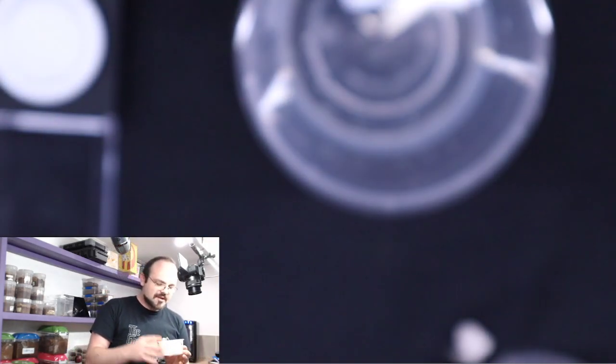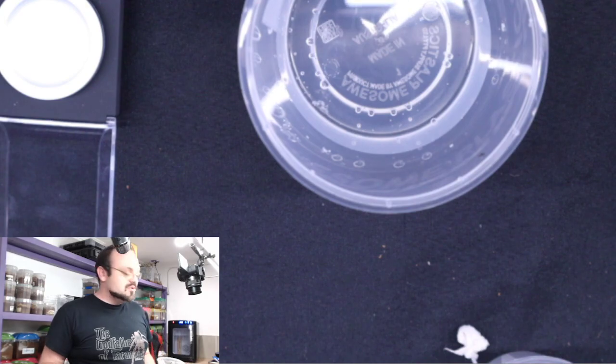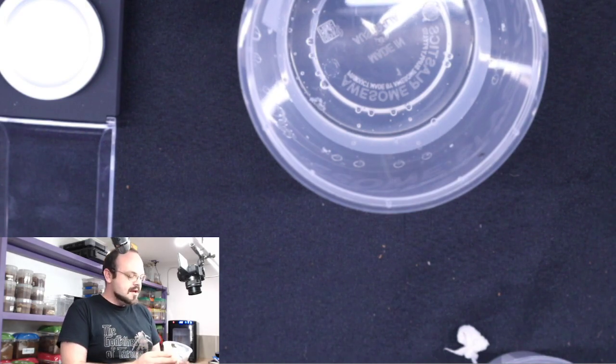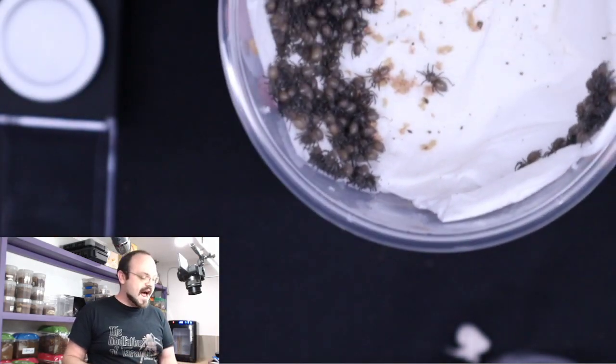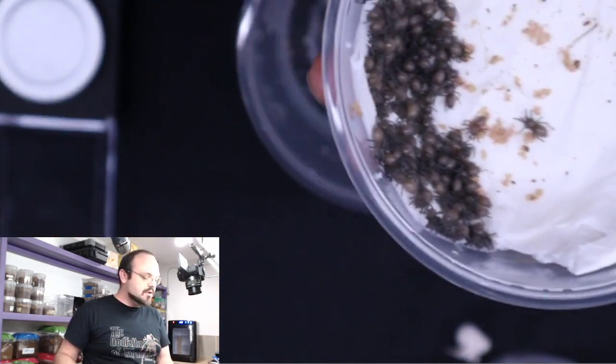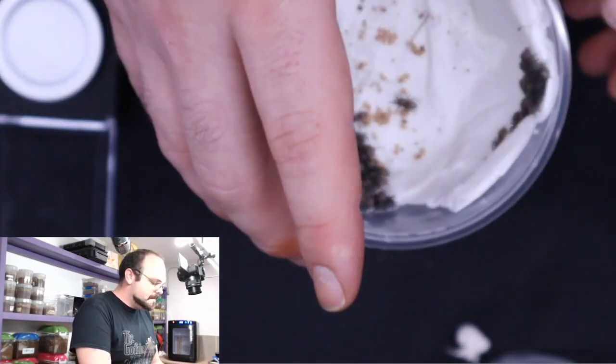I'm so ecstatic with these guys, and I can't wait to see how the Kotzman and the SP2 slings turn out. Definitely successful. This is probably the most successful egg sac I've actually had. There was no dud eggs, there was no mold, there's nothing. The mama did a great job. All right,